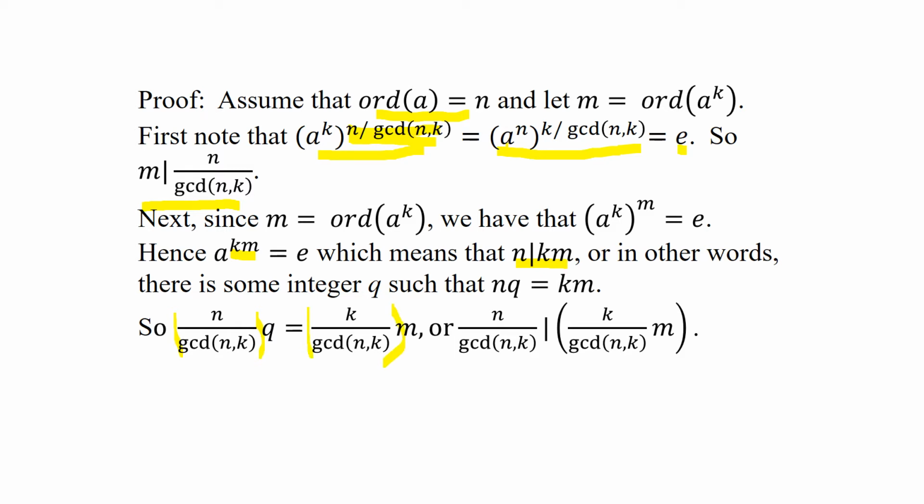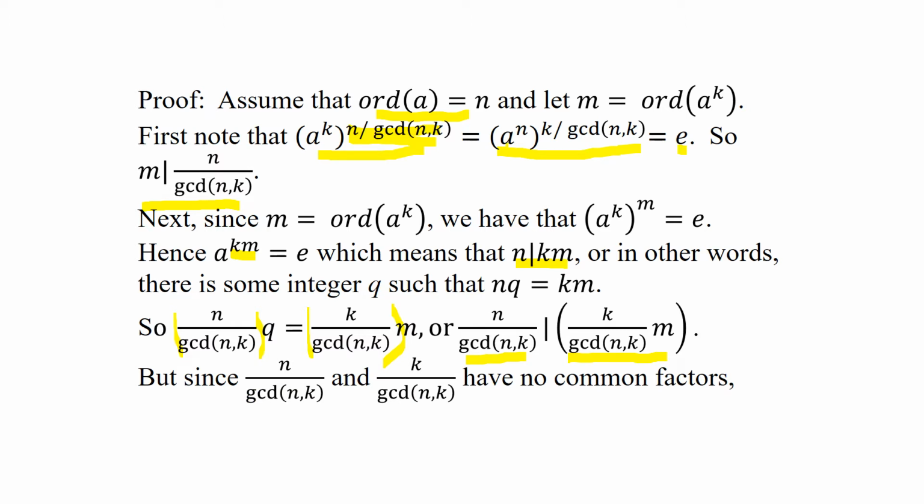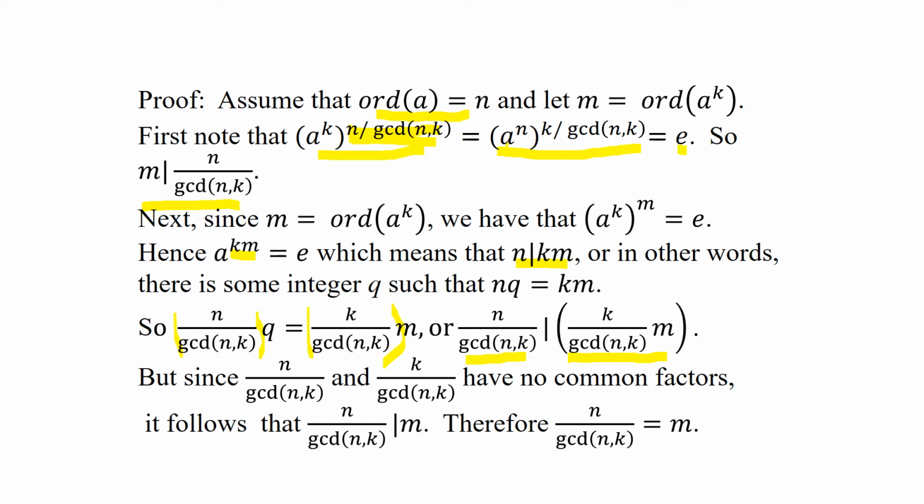Writing this in terms of divisibility, it says that n over the GCD of n and k is a factor of this product. Now, as we observed in the previous slide, these two integers, n over the GCD and k over the GCD, have no common factors. And so using our third result, I can conclude that n over the GCD of n and k divides this other factor, m. These two have no common factors, therefore n over GCD of k and n is a factor